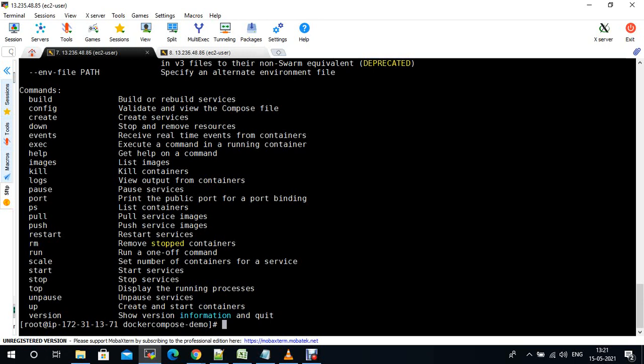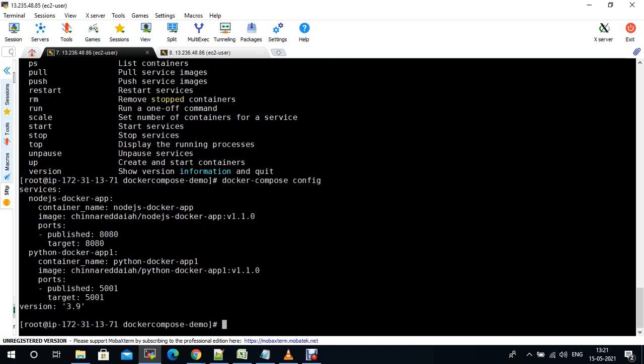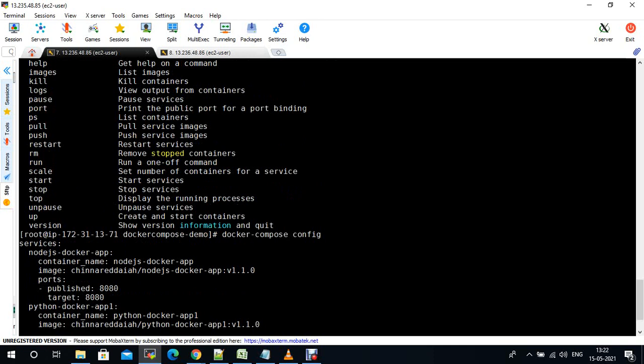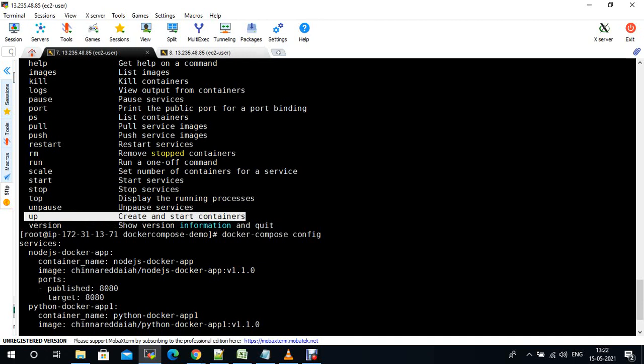So if you give docker compose config, it will provide the configuration details. Okay, and stop, up. Just now we have seen docker compose up, which creates the containers.